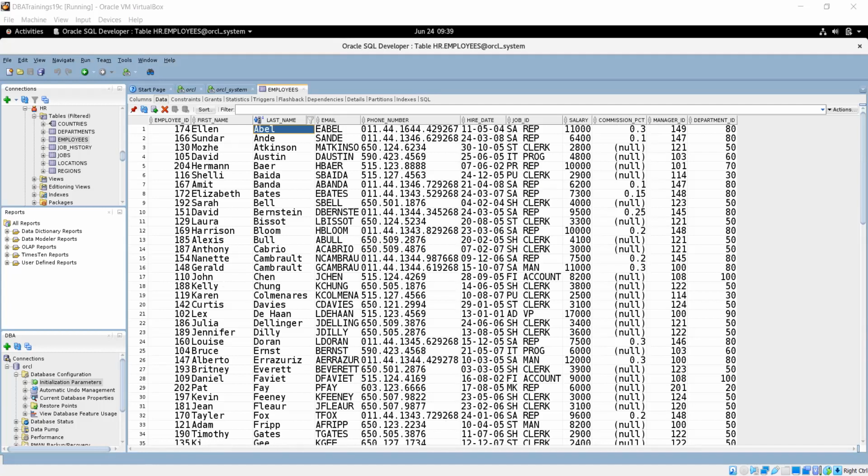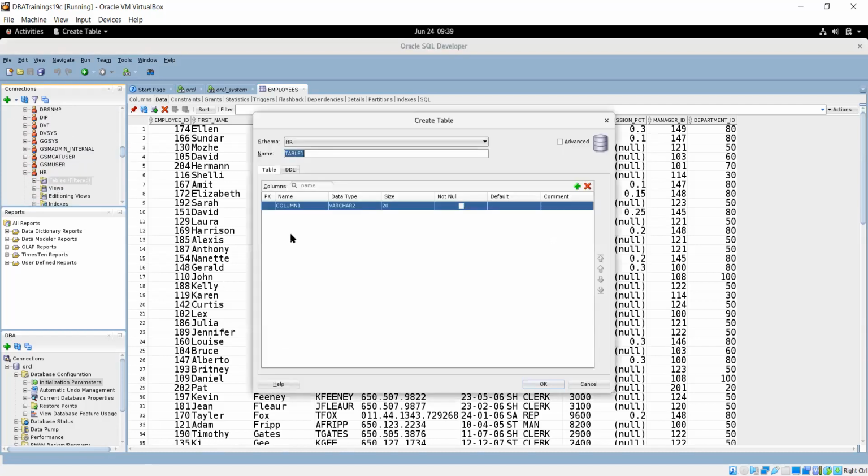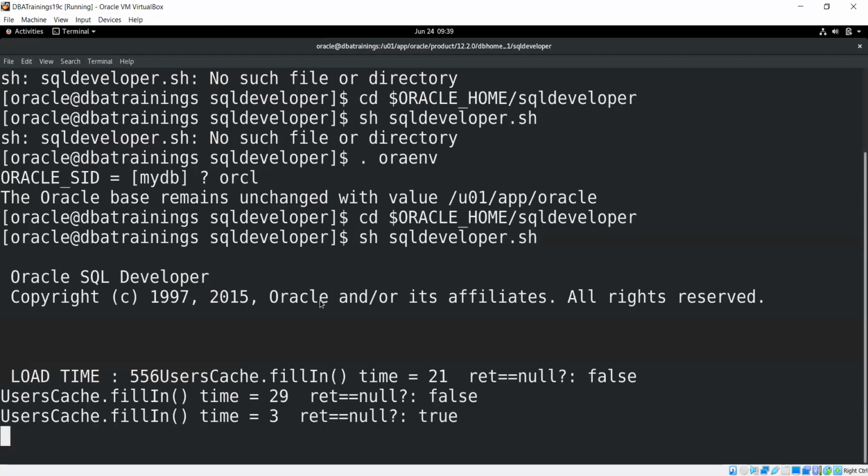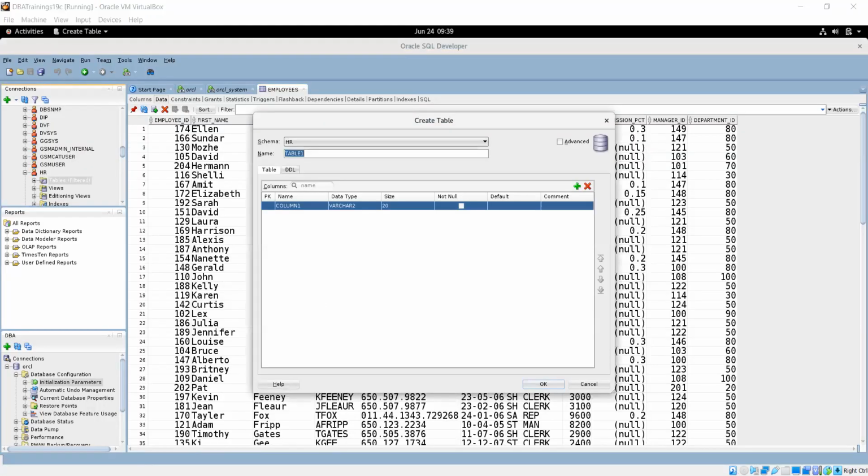Now, let me go to the other users. Let me see. Here we have different users. Got it? If the HR user, I want to create a new table, right click on table, and then you can choose new table. Of course, when you click on the new table, it will ask you the name of the table.